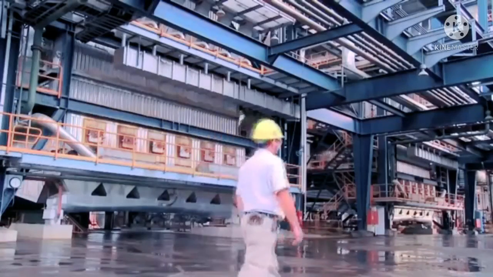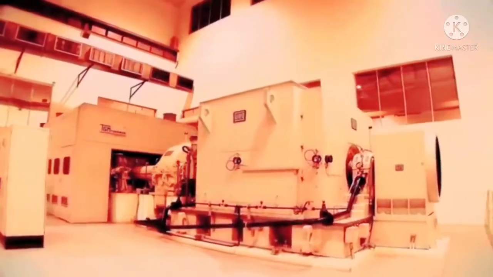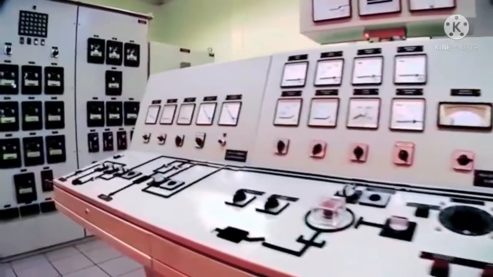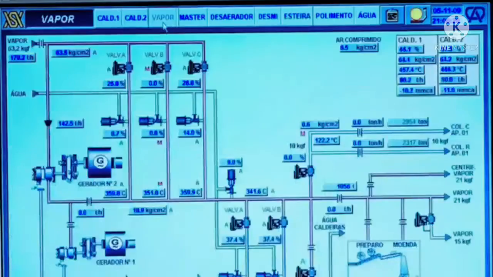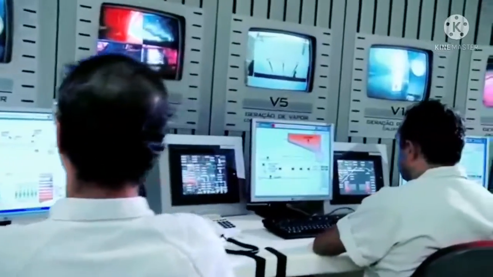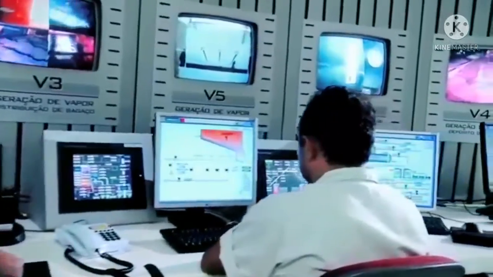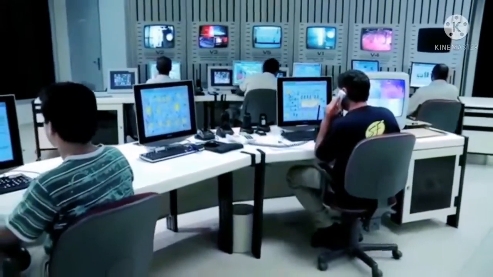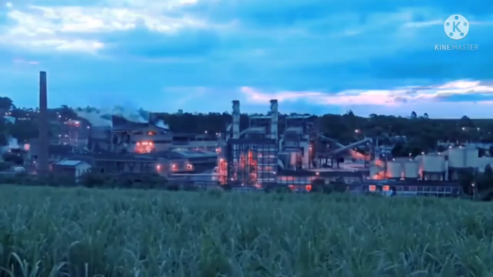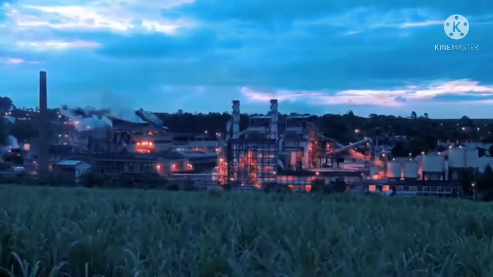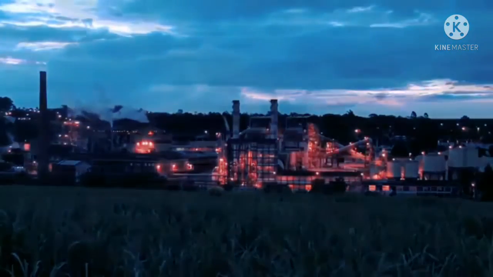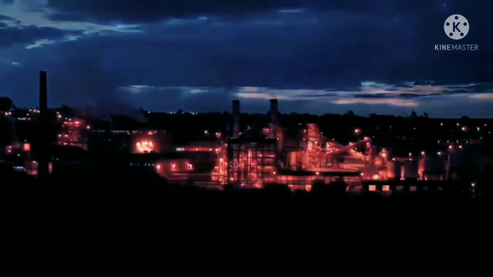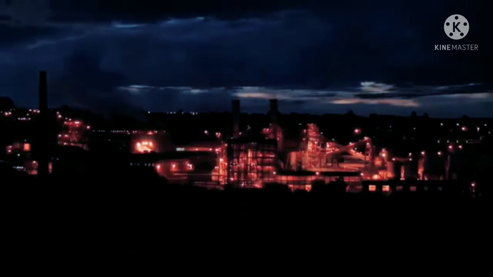The vapor powers turbines that generate renewable electricity, or bioelectricity. Control centers equipped with the latest technology monitor the electricity produced, utilized, or exported by the mill to national distribution grids. All Brazilian mills are self-sufficient in energy, producing more than enough electricity to cover their own needs. A growing number of mills is generating a surplus, which is sold to power companies and helps to light up